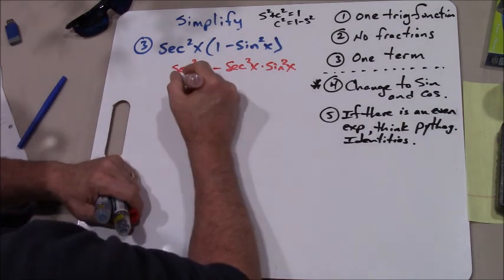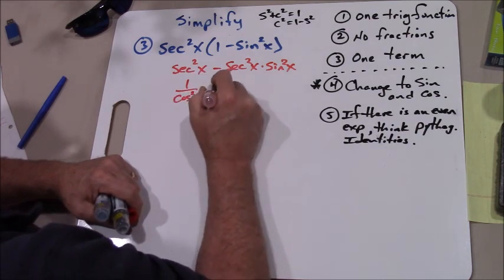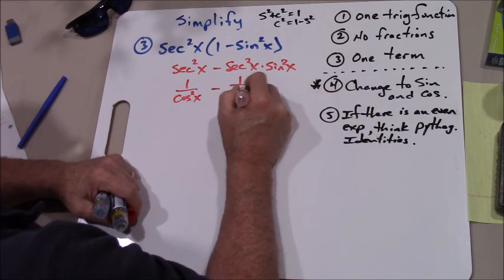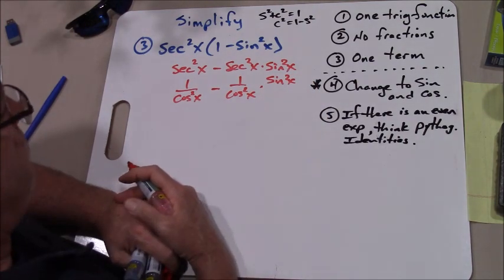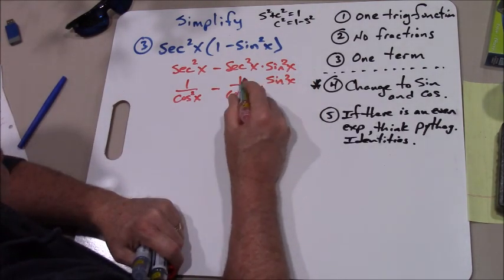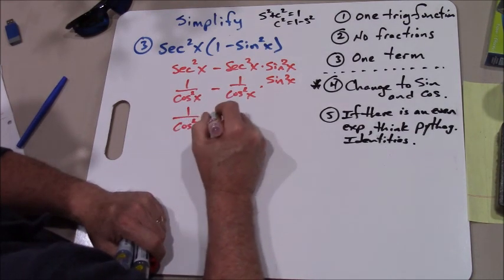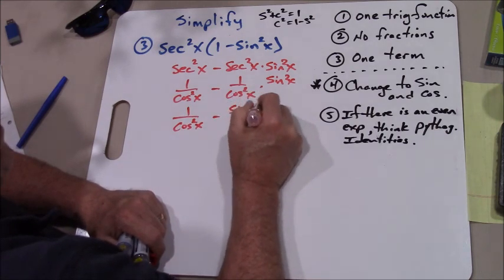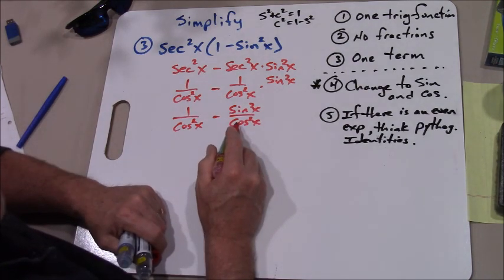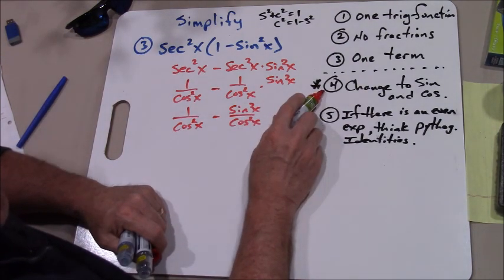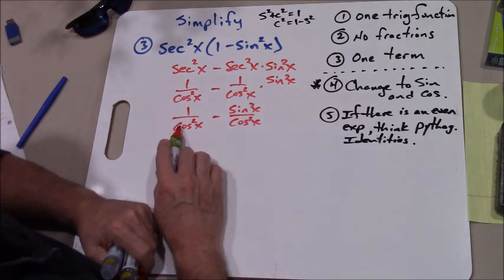to sines and cosines. So I'll write this as 1 over cosine squared of x minus 1 over cosine squared of x times sine squared of x. This thing would really become sine squared over cosine squared. So sine squared of x over cosine squared of x, which really, that's a tangent. Now I'm kind of going against what number 4 says, but if I look at this, this is a tangent squared, this is a secant squared,